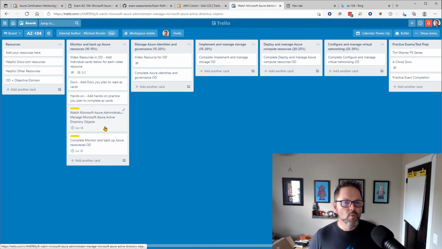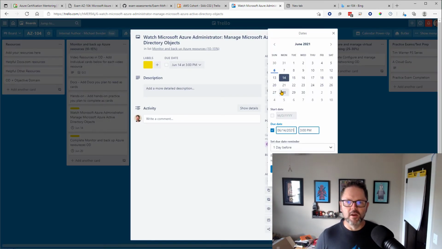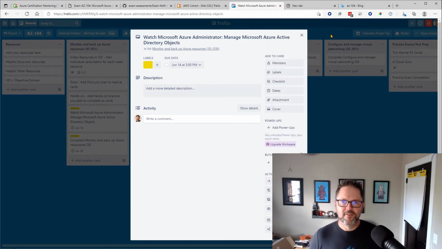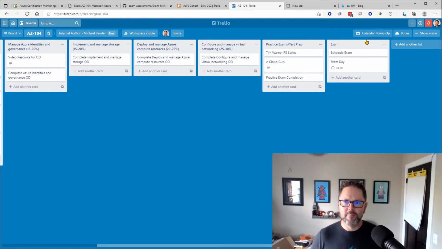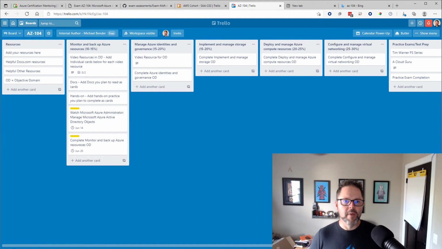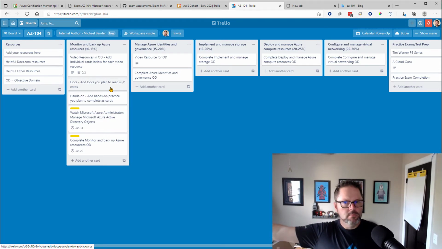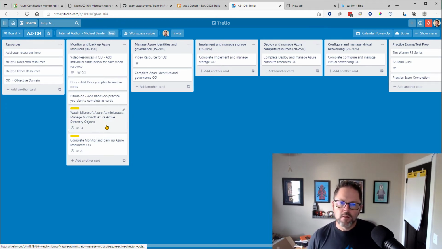And then what I did is I added a due date here. Here's how I kind of set up the dates: once I have my exam date, in this case July 30th, I work my way back. And we see that the first week we're going to be starting stuff is on June 14th. So, okay, I've got my exam date out, July 30th. I've got my first day that I'm starting out, June 14th. Let's jump in and watch a video on that day.